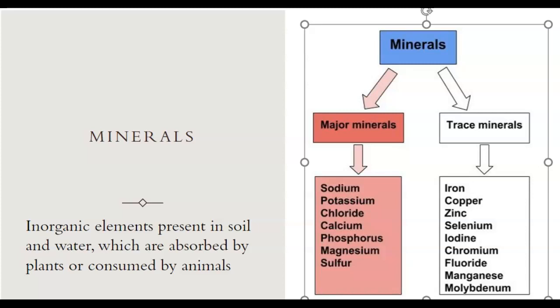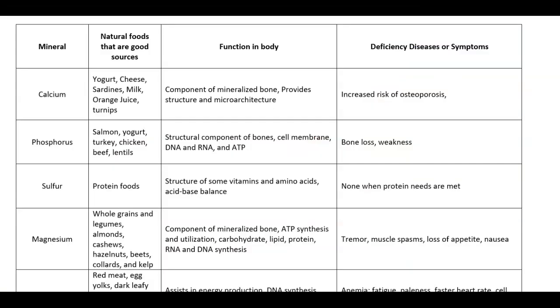We will go over each of the different minerals, the foods that we can find them in, and then what can happen if we become mineral deficient. Because just like vitamins or any of the other nutrients, proteins, carbs, lipids, if we are deficient in certain minerals, that can lead to health disruption. So let's start with calcium.